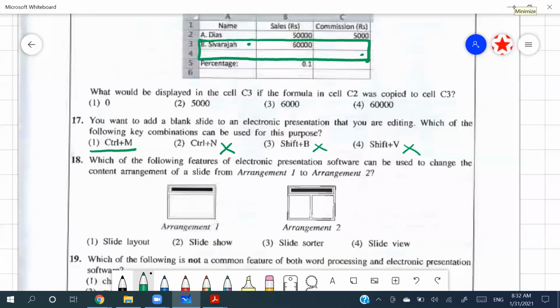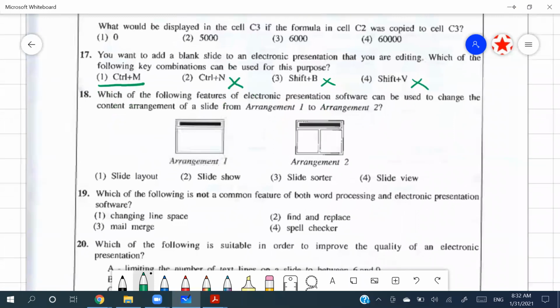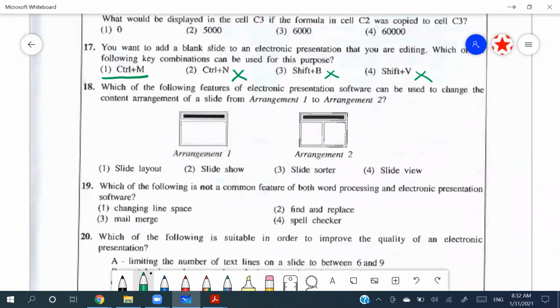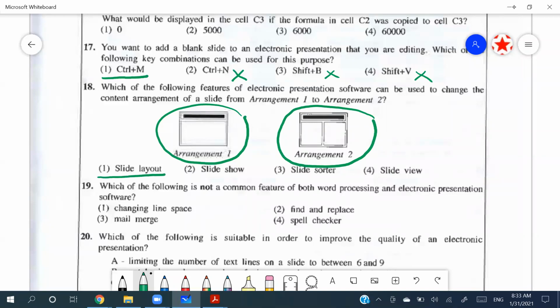And 18th, which of the following features of electronic presentation software can be used to change the content arrangement of a slide from arrangement 1 to arrangement 2? They are changing the layout, right? So this is title and content layout, the first part, and this is title and 2 contents layout. So which helps you to do that is the slide layout, right? Slide show won't help, it is helping you to present. Slide sorter, it won't help you to do this, but it will help you to arrange the slides in an